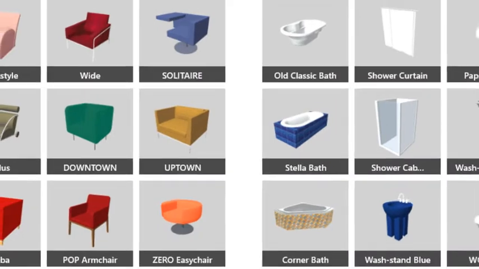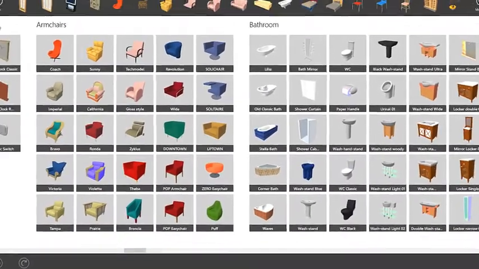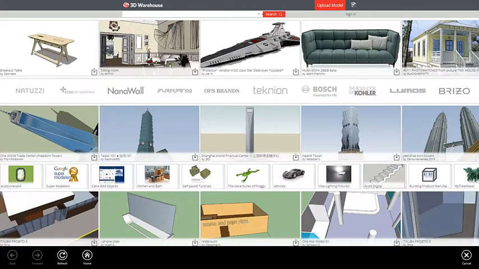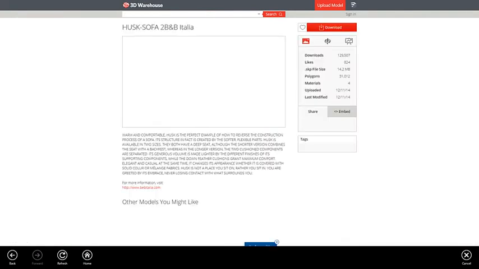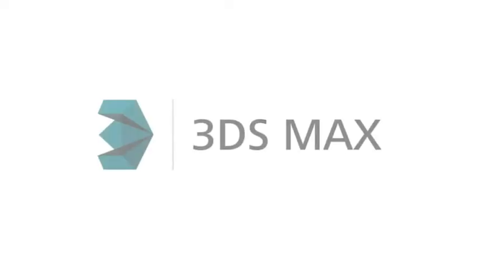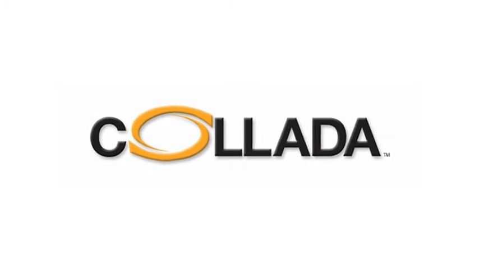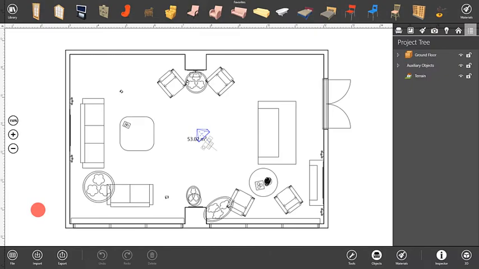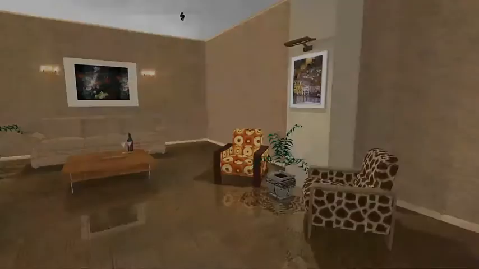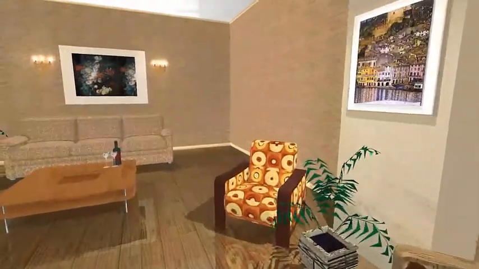In Live Interior 3D, you're not limited to using only the objects included in the embedded library. You can import more of them from the Trimble 3D Warehouse, an online collection of free 3D objects. Additionally, you can import from 3ds or Collada files if you have already downloaded them to your hard drive. To import an object, click the Import button in the app bar and choose the appropriate option. For more details about working with objects, read the program documentation.